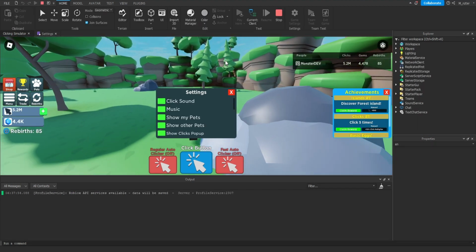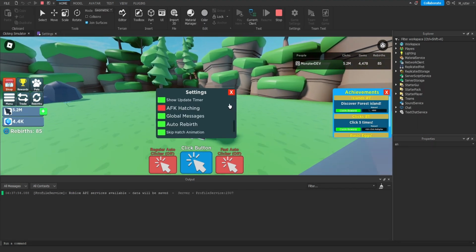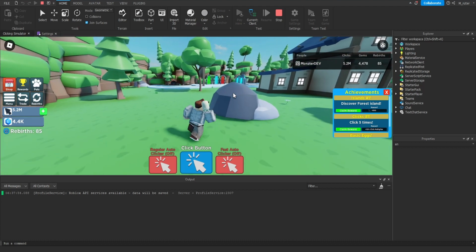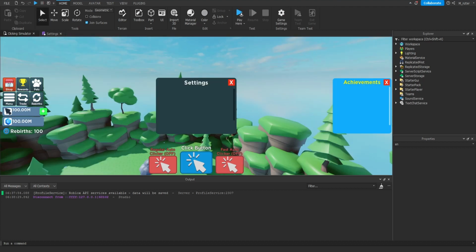And now that we've loaded into our game, we can actually see all of the settings appear perfectly for us. We can also see that if we click on any of these buttons, they will turn red, and if they're red, they will turn green. So that means that toggling the setting on and off is actually working perfect. We can also test the exit button as well, so let's click that, and we can see the GUI disappeared. Perfect.